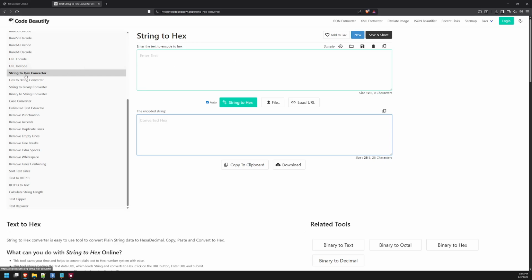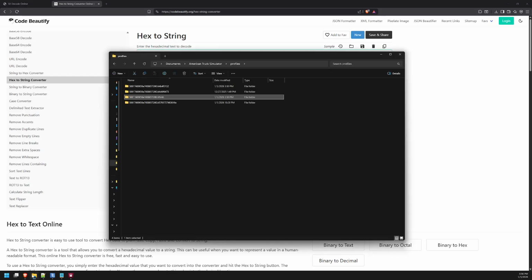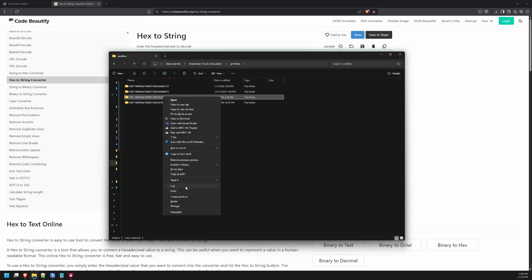I'm going to go to hex to string and paste that string. There we go, and you see that we've converted that hex to our profile name. So you look at that and say, yes, that is the one that I want to clone. Perfect. Now that we know we're working with the folder that we want to clone, we come back into our profile folder and clone it. I'm going to copy that,